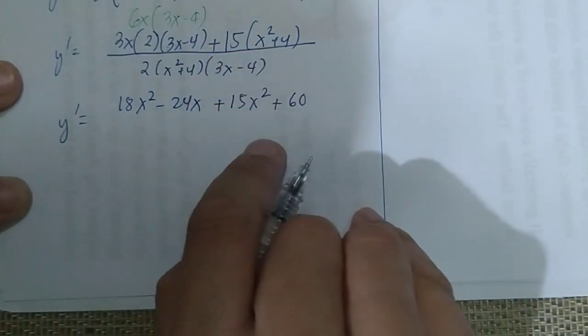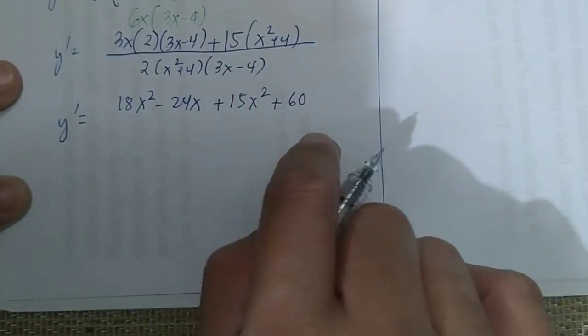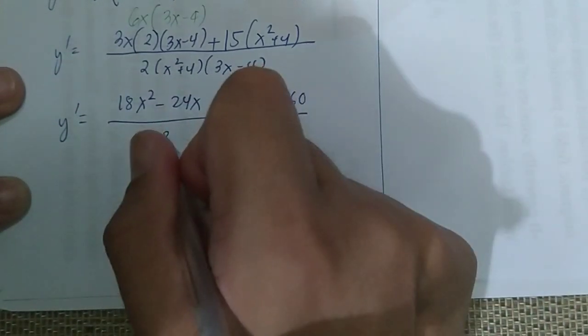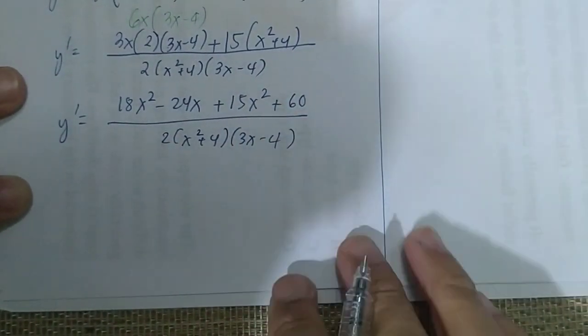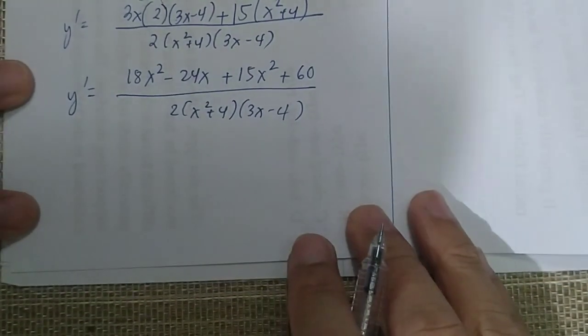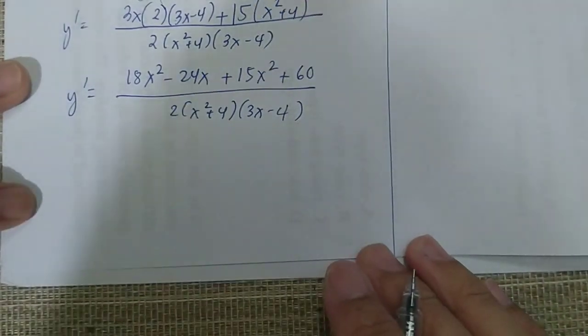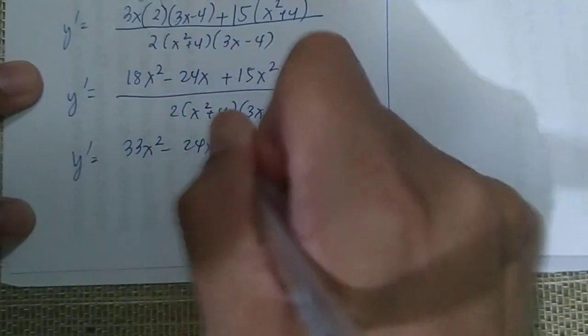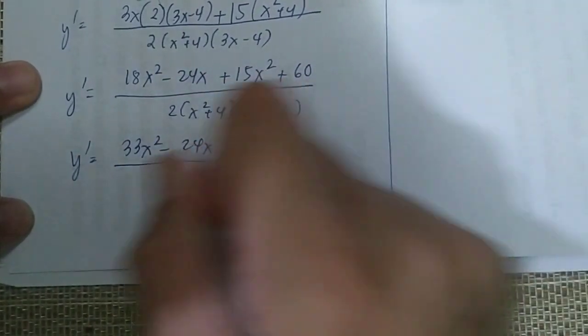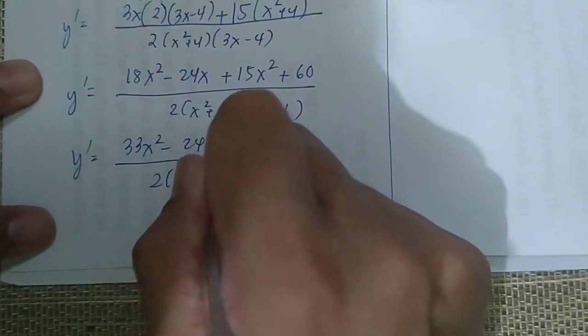That's 15 times x squared, which is 15x squared. That's 15 times 4, which is 60, all over 2 times x squared plus 4, 3x minus 4. So, combining like terms, 18 plus 15 is 33. So, your y prime here is 33x squared minus 24x plus 60 over 2 times x squared plus 4 multiplied